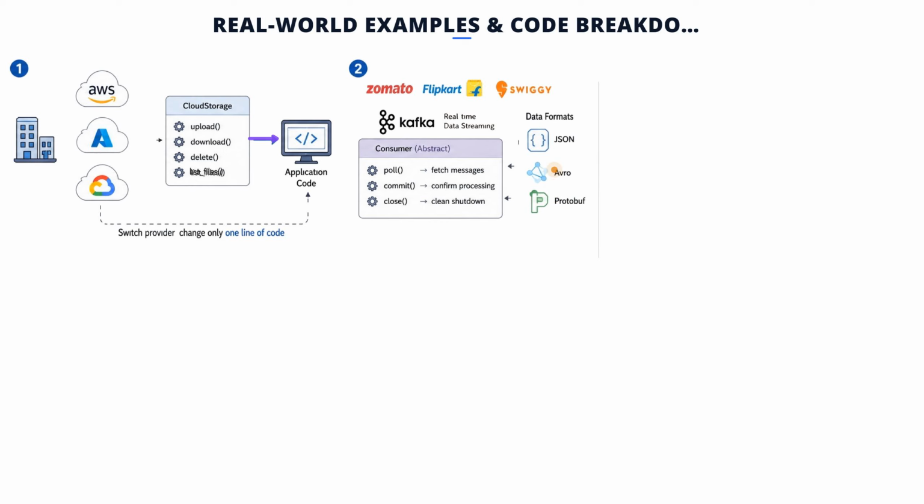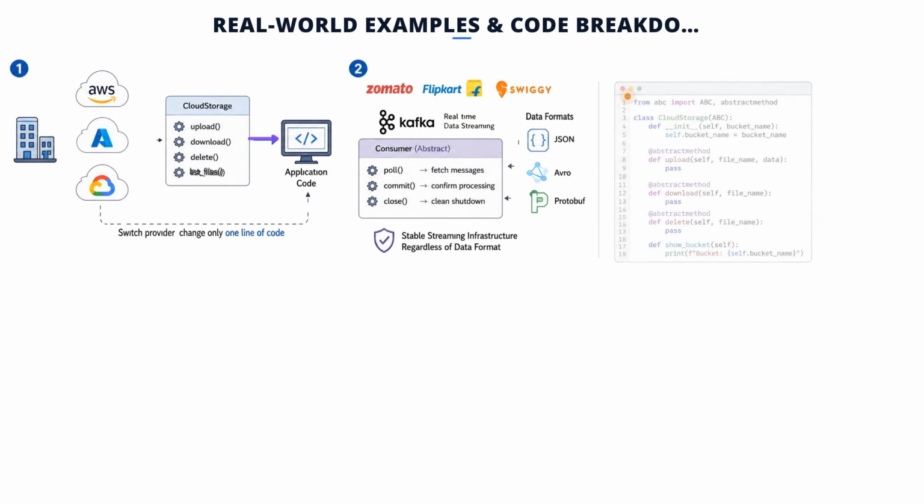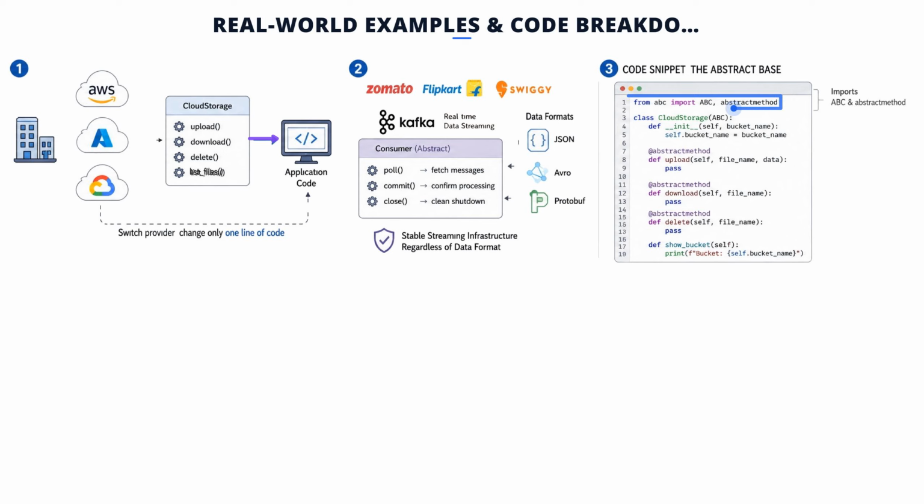This ensures the underlying streaming infrastructure remains absolutely stable and does not need to change regardless of the data format being processed. In the provided Python code on the right, we begin by importing ABC and abstractmethod from the ABC module. We then define the CloudStorage class inheriting from ABC. Within this class, the init method is used to store a bucket name, showing that abstract classes can indeed have